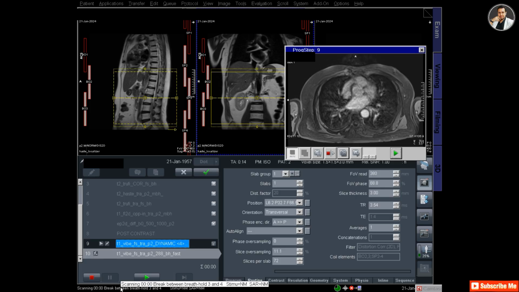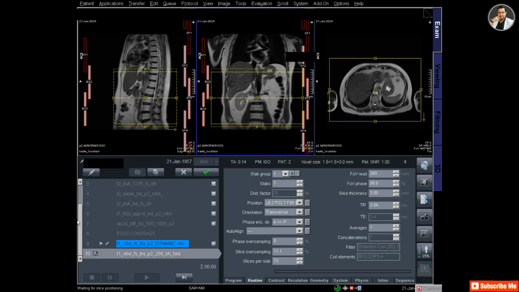Now it's break between third and fourth scan. And the fourth scan will be a venous phase. For this, now tell the patient to hold his breath and start the fourth dynamic scan. Yeah, the dynamic scan has been completed. One is non-contrast or pre-contrast, and three is post-contrast. And among three, there are arterial phase, portal phase, and venous phase.